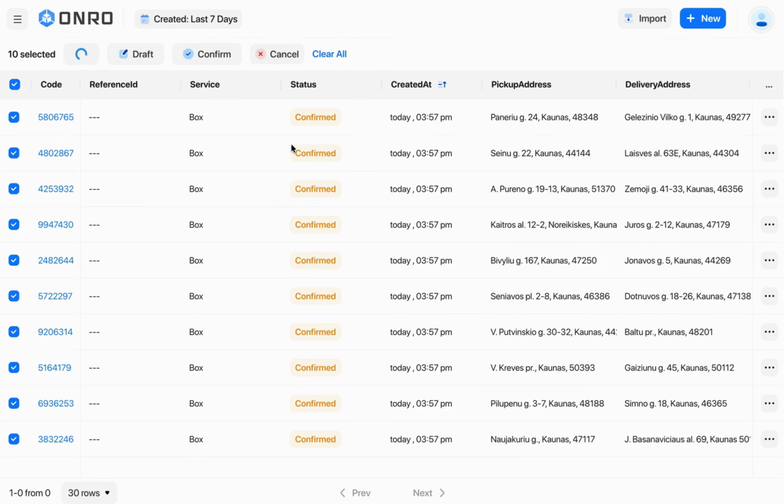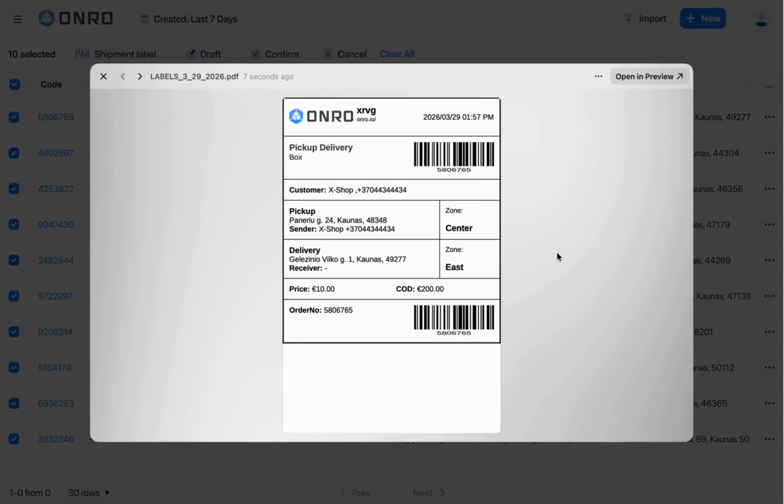shipment labels. Because we will need these shipment labels. We expect the customer to download these shipment labels and print them onto the boxes. So these are shipment labels. And each shipment label will have the pickup zone and delivery zone. So this one, the zone is east, this one is center, this one south, pickup zone is west, center, and